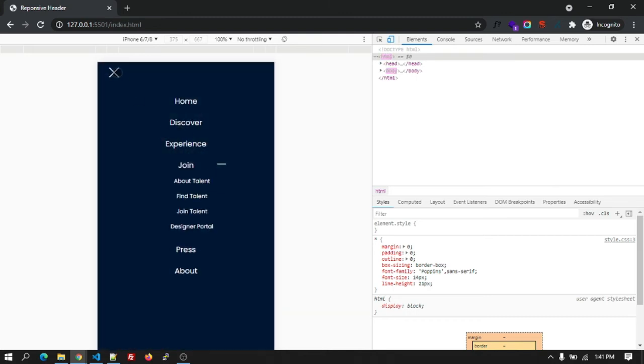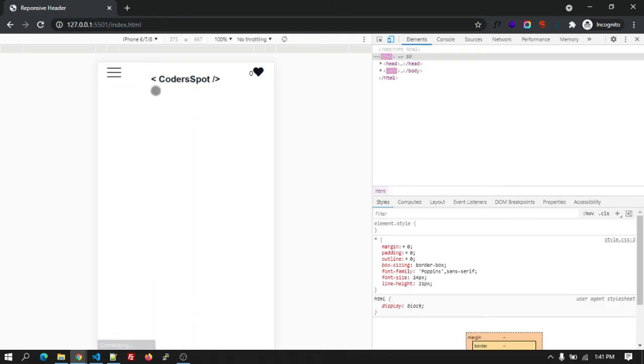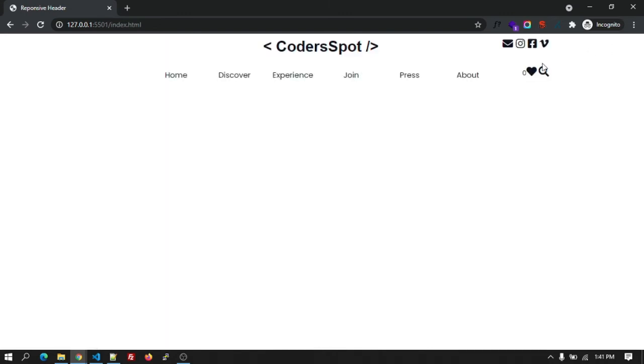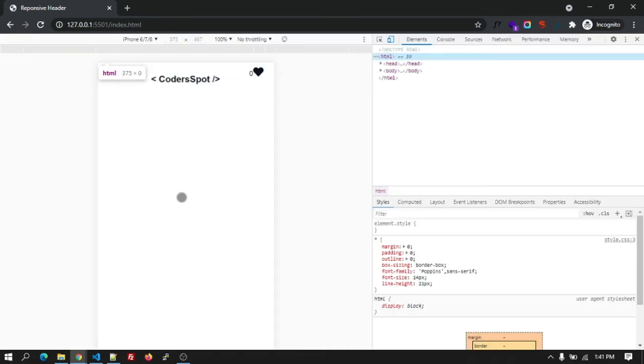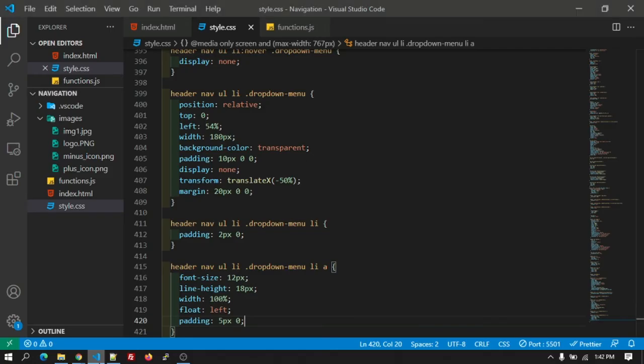Okay, let's make the CSS changes for the header. Right now we are not seeing any social media icons and the search, right? In the desktop it's there, the social media icons and the search. So for the mobile device let's add those as well. Okay, for the search, first thing let's go with the social media icons, right? So let's add the HTML for the social media icons in the mobile device.